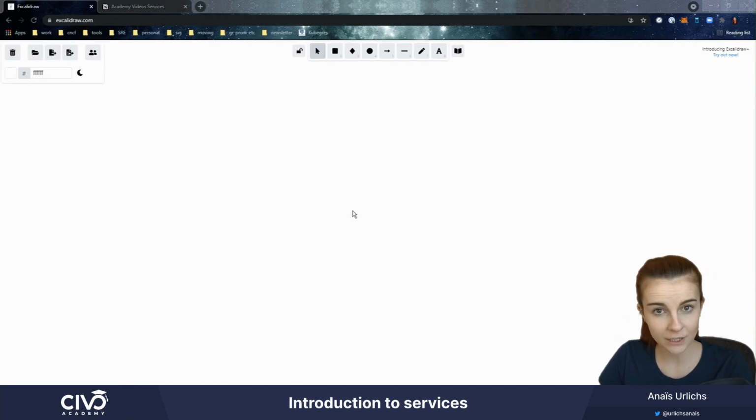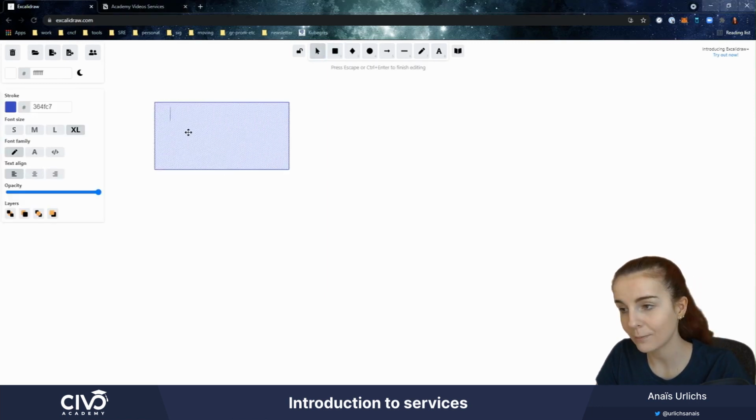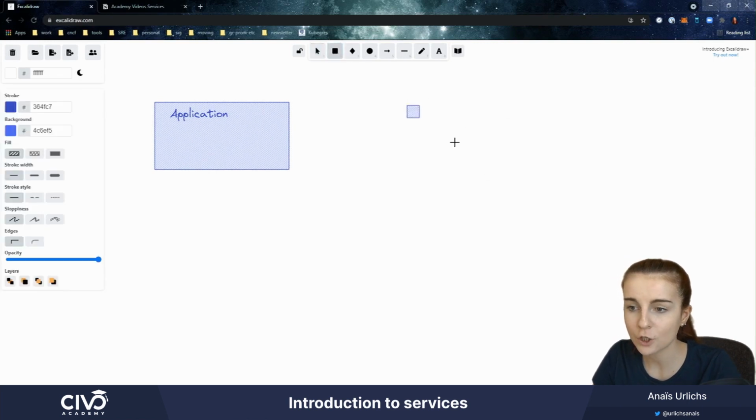In this introduction series, we will look at what Kubernetes services are, why we want to use them, when we use them, and how we use them, as well as the different types of Kubernetes services that we have within Kubernetes. Now, let's assume this is our Kubernetes application, and we want to deploy this application to our